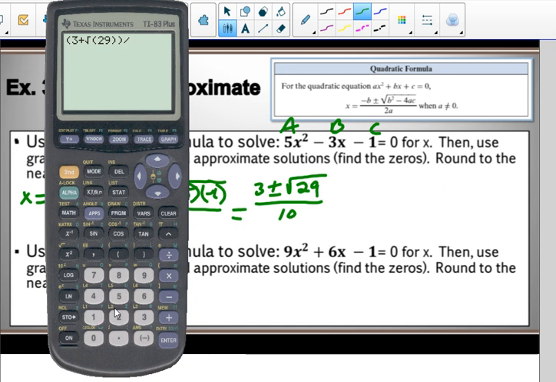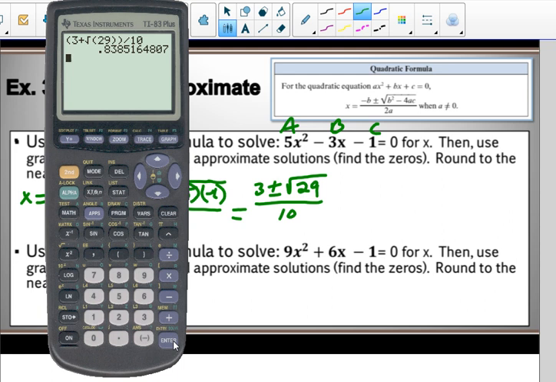And then I got to divide this by 10. You notice I have 2 sets of parentheses. So the parentheses after the 9, that's for the radicand. And then the second parentheses is for the whole numerator. So now when I hit enter, it gives me an answer of